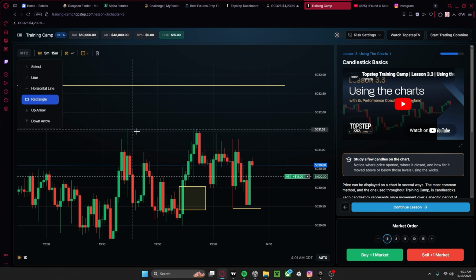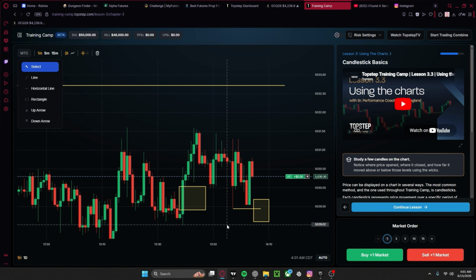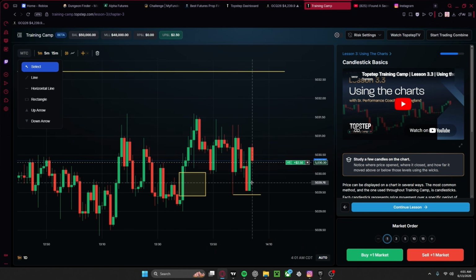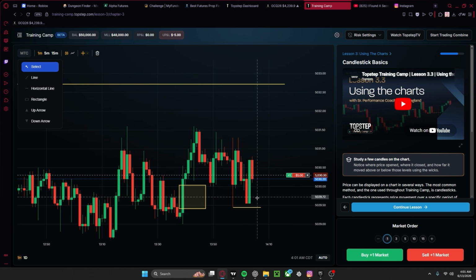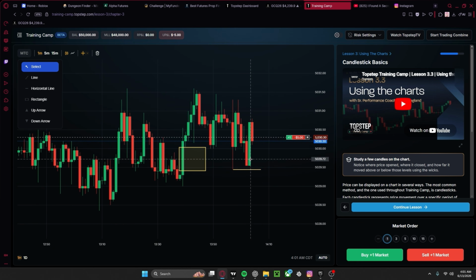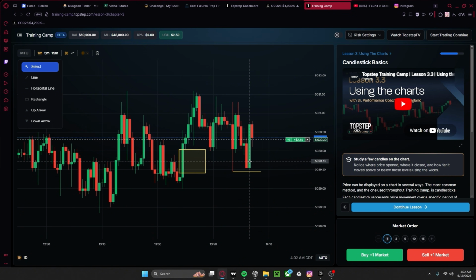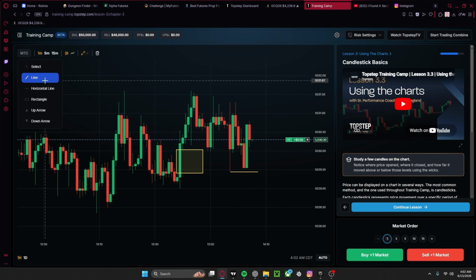Maybe it can form another fair value gap right here. Just maybe. Nope. Nah, it's not gonna form. Already retouched. So that's a good thing, actually. That lets me know that it's not gonna close or go back down in reverse. Okay. Just gotta wait for this candle to close. And then what I would do, the next step would be,